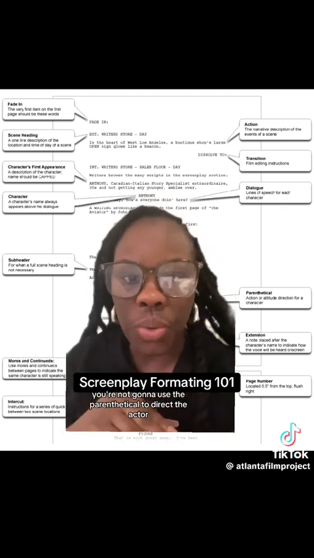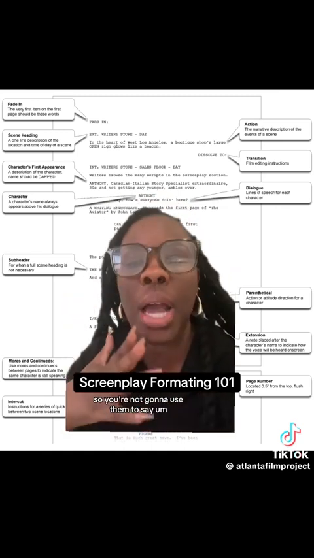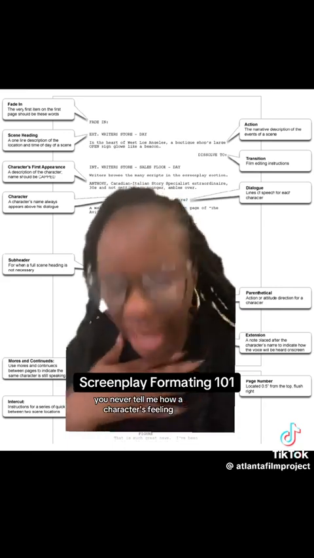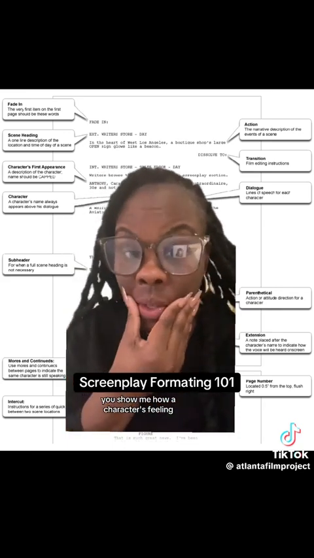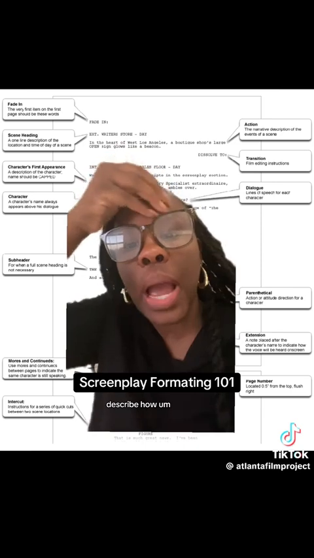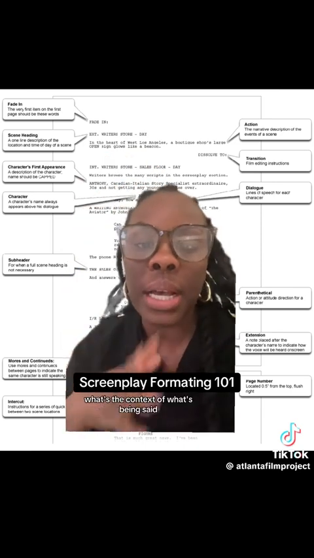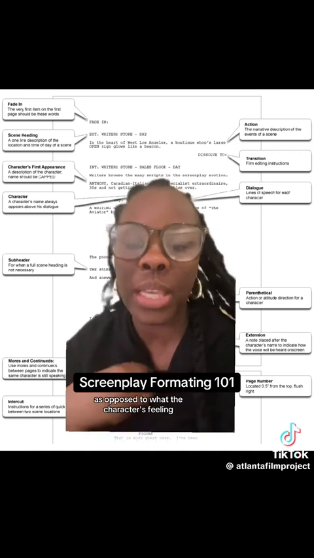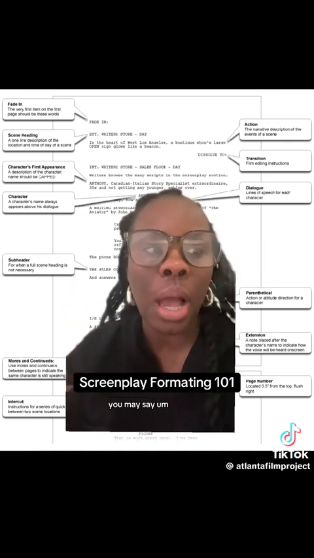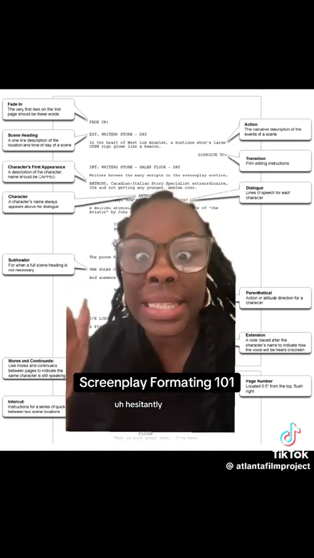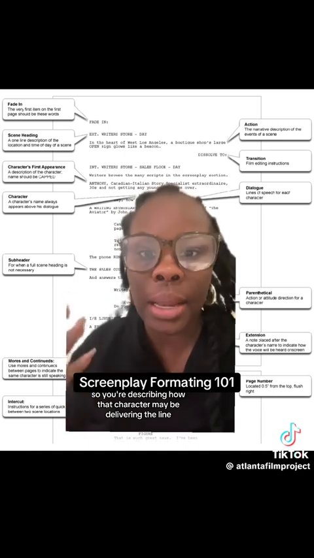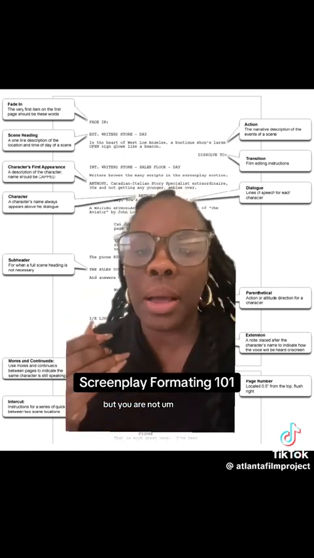You're not going to use the parenthetical to direct the actor. So you're not going to use them to say, she's feeling whatever. You never tell me how a character's feeling. You show me how a character's feeling. So you use the parenthetical to describe the context of what's being said as opposed to what the character's feeling. So you may say whispers, you may say quivering, you may say hesitantly. So you're describing how that character may be delivering the line,